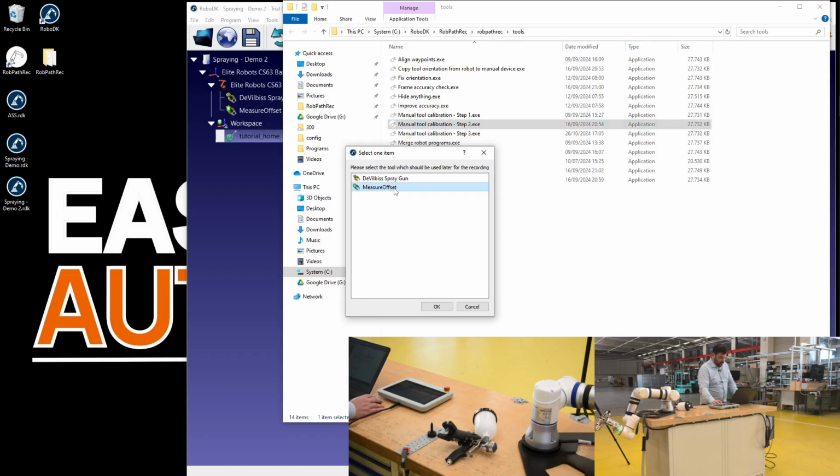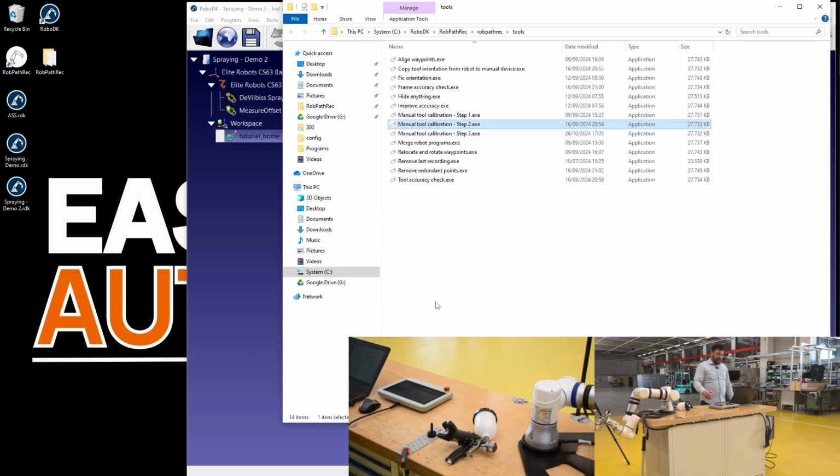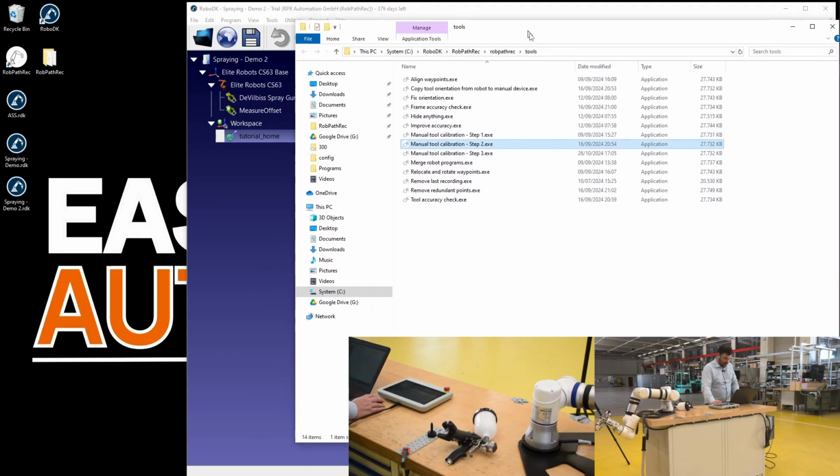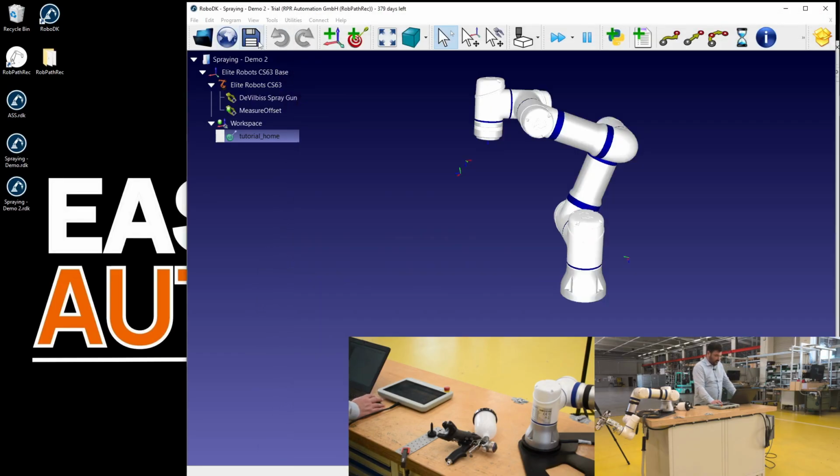This is the measure offset tool, what we are working with. Right now we are transferring this particular TCP setup into the system. Here you can see the process completed successfully. There's the message.